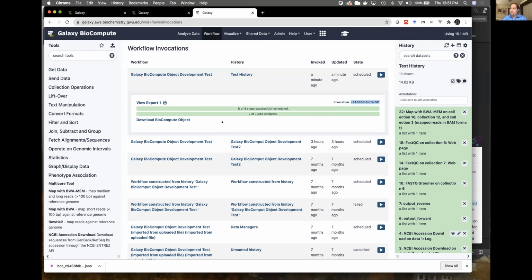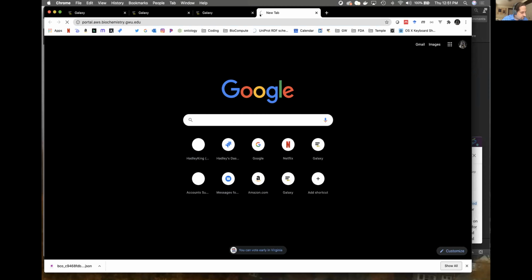So 21.1 will be the next Galaxy release. We hope to have approved code so that, instead of just downloading the Biocompute object, there will also be a button here that will automatically submit this to our portal,